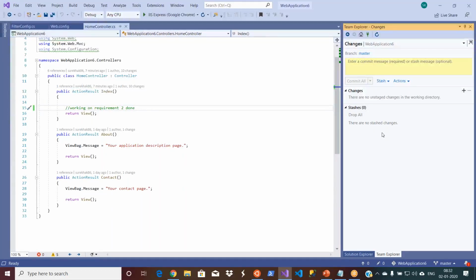Now if I go on changes, okay, my stashes have been dropped, and I don't have the history of my stashes as well. So there will be another scenario. You may need to revisit your changes in future. Let us say somebody said, hey, you did bug fixing, after that you applied stash, but you did not do it correctly. Some argument may come. You want to see the list of stashes. That's where you don't want to drop it actually.